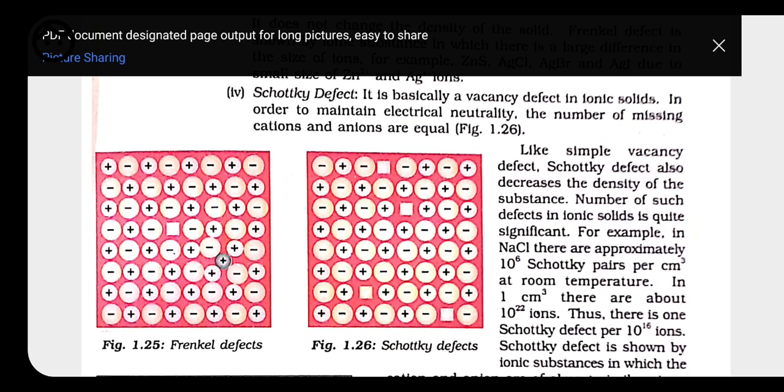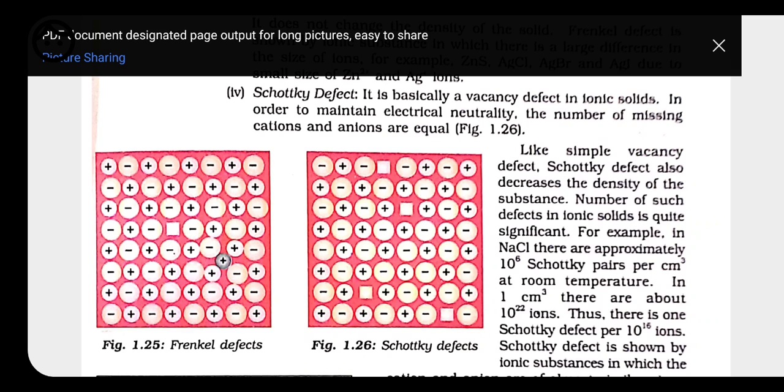In the Frenkel defect, the ion occupies an interstitial position rather than its correct position. It is present inside the crystal only, but it has taken an interstitial position. For this Schottky defect, there is a decrease in the density of the crystal. Why? Because here the positive and negative ions come out from the crystal. They make their sites vacant, but they do not take any interstitial position.